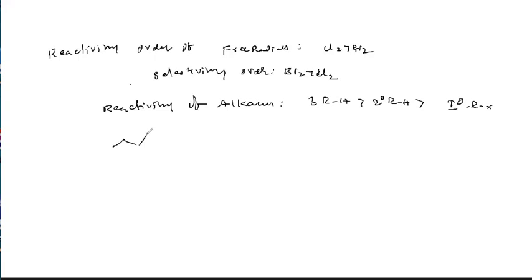One example: butane reacts with chlorine in the presence of sunlight. Again, two possibilities are there. One is 2-chlorobutane, another one is 1-chlorobutane. Now we have to find out which one is the major product and which one is minor. Sometimes they ask the question that you have to find out the exact percentage.